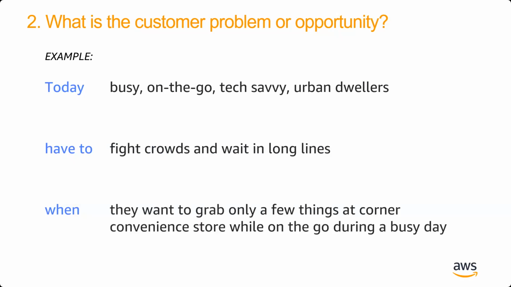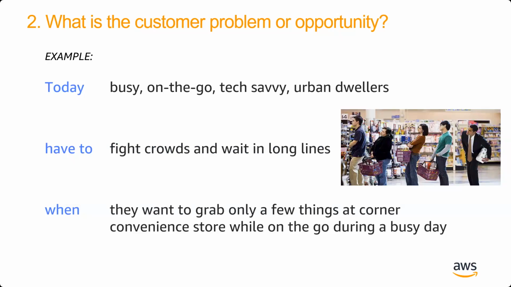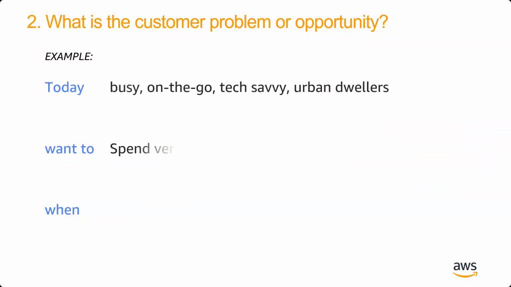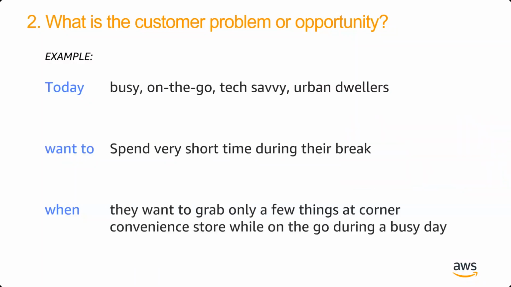They have a break, they want to, let's say, pick a chocolate bar or a small sandwich or whatever, but they found a queue. And this is accurate because when they did the study, it took around 10 to 12 minutes for them to buy something. What they were looking at as the opportunity is they want to spend a short time during their break. But this is a problem for them, and they were thinking how we can solve this problem, and with empathize, they were the customers, they empathized, they defined the problem, they ideated about it.